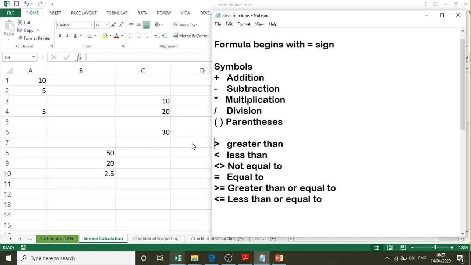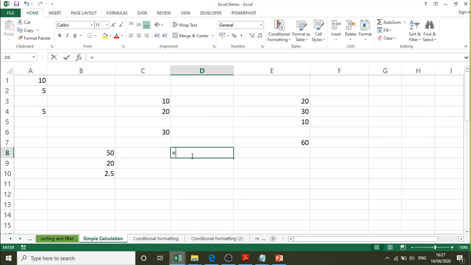Apart from using these basic symbols like addition, subtraction, division or multiplication, we can also use relational operators like greater than, less than, not equal to, greater than or equal to, less than or equal to. These can be used in logical functions. However, we can see how this works by just using the equal symbol.